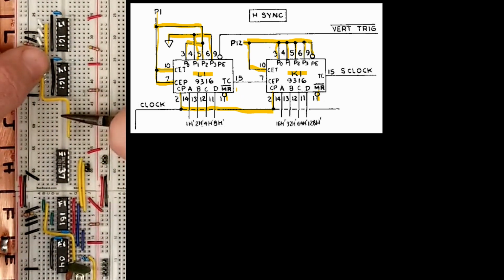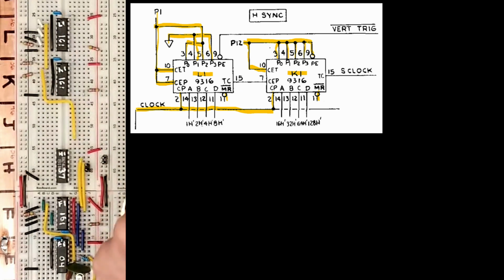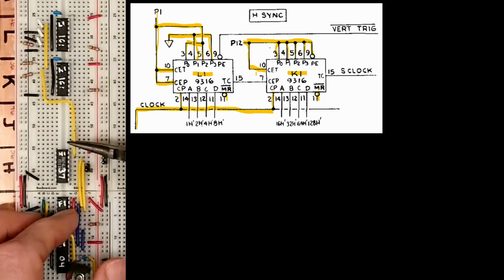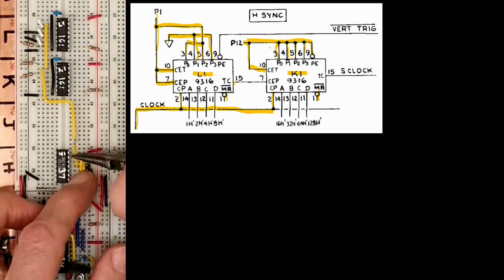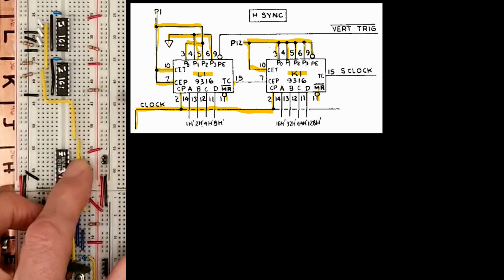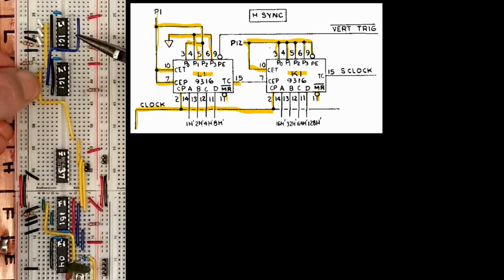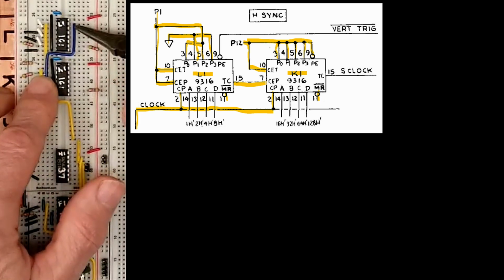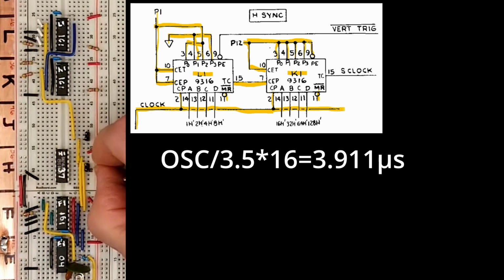So the TC output from one counter is used to enable clocking in the next downstream chip, hence the term chain. Out the right end of this high order chip we get the S clock signal. Just like the low order chip, the TC pin rises when the counter hits all ones and stays high until it rolls over to 0. This will take 16 steps of the lower counter, so this S clock line will go high for about 3.9